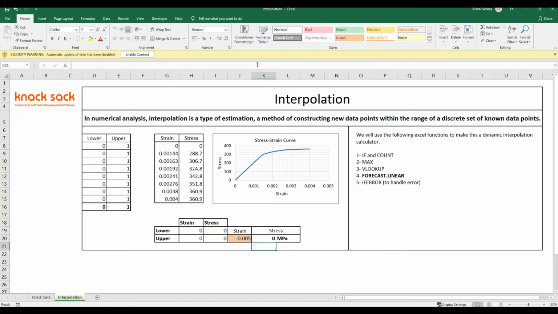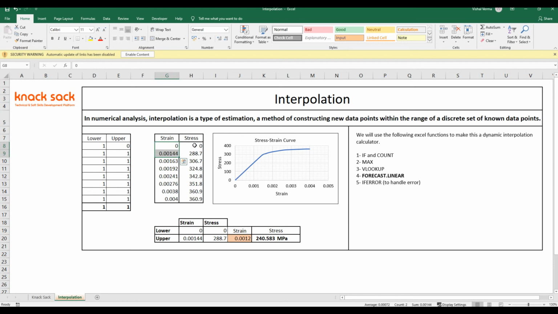again bracket close. So see, for minus 0.005 we are getting 0 because it is less than 0, as we have specified in the formula. See, for 0 it is 0, for 0.0012 it is giving some value. Let's check whether it is true or not. The strain value lies between these two values.